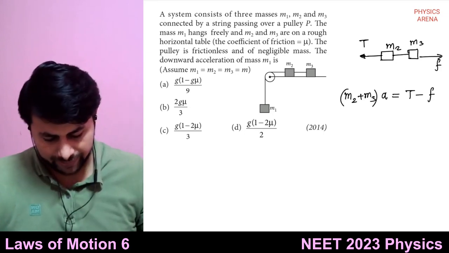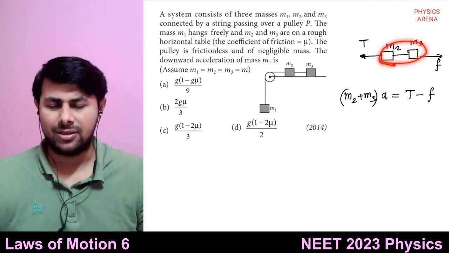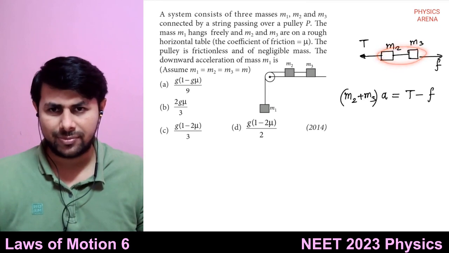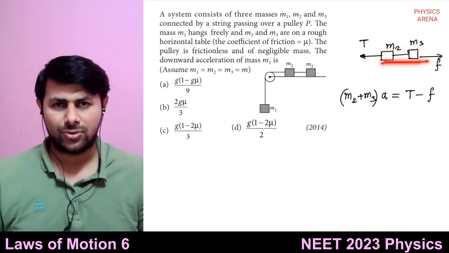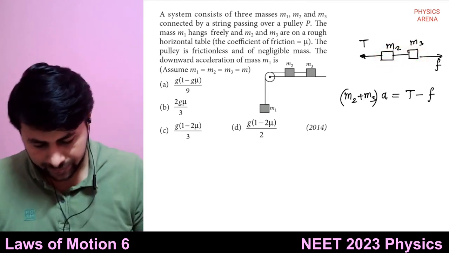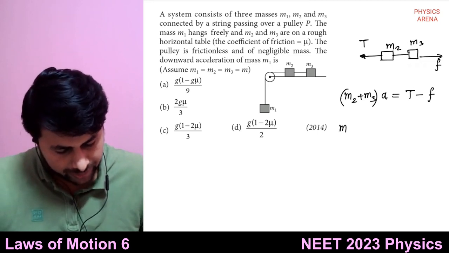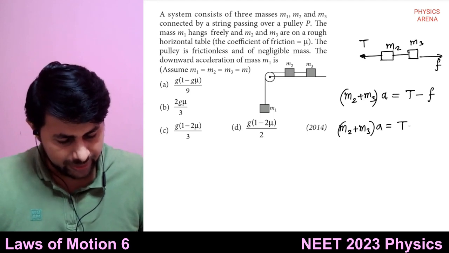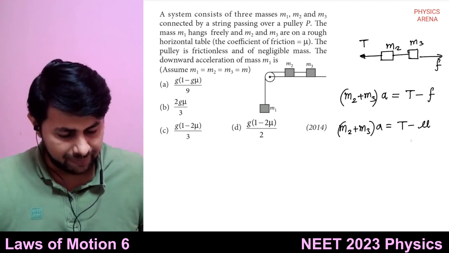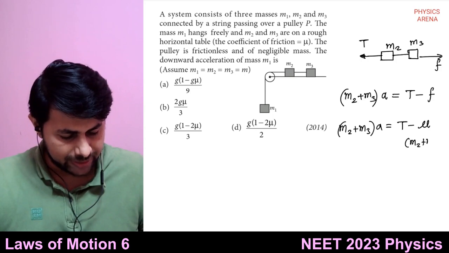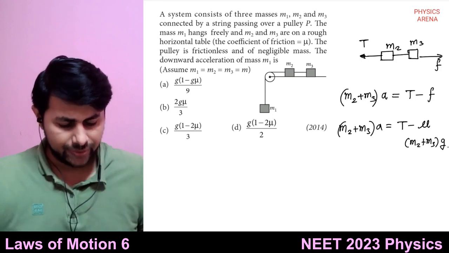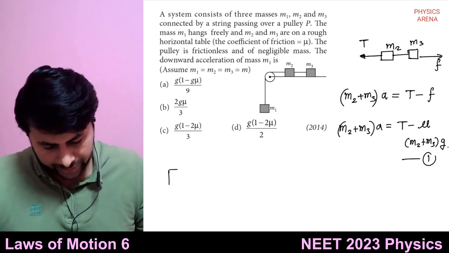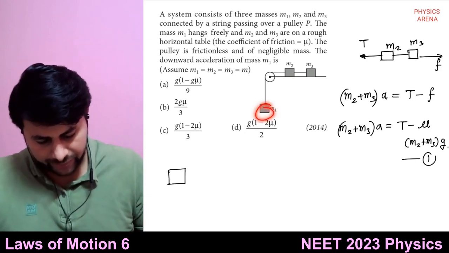Yeah, but what is M? M is m2 plus m3. Right, friction is acting on both of them. So, okay, so total mass is m2 plus m3. Okay, so it is m2 plus m3 multiplied by A is equal to T minus mu multiplied by mg. So m is m2 plus m3 multiplied by we have g. So let's call this equation number 1,